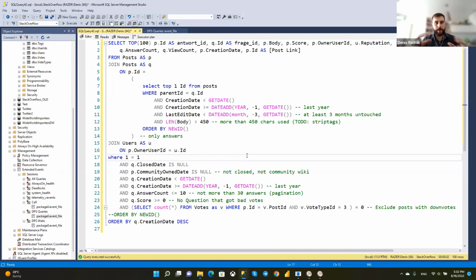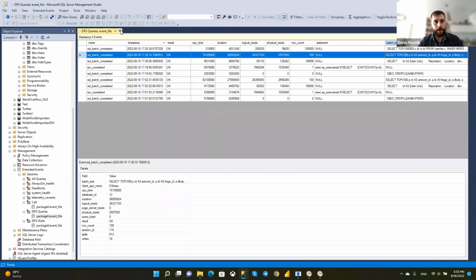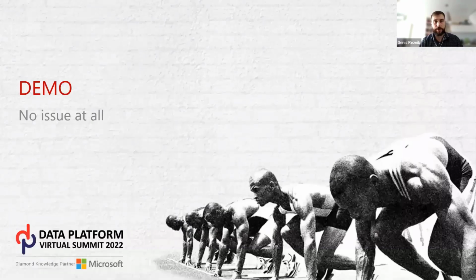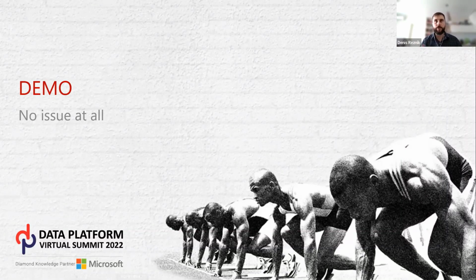Try to expand the query, check what you can do, and there might be a lot of things you can do with the query to make it faster and better. And now it's time to talk with application or report developers to check if this is a good change, if we can do this optimization. Okay. And of course, the most important point in this demo is using performance counters and extended events to collect data about your system performance on a daily basis or during some significant time period when you do performance tuning and troubleshooting.